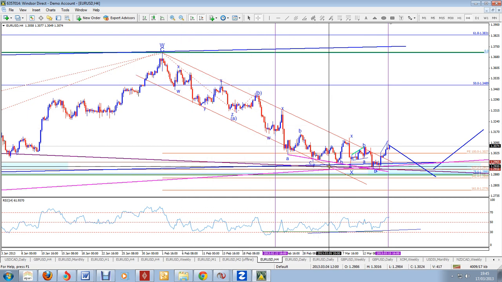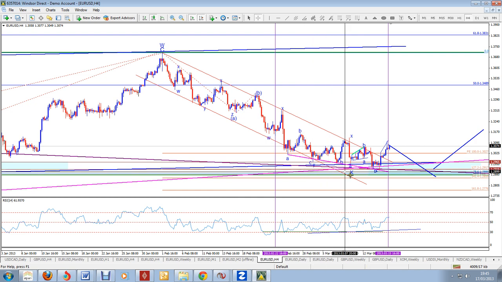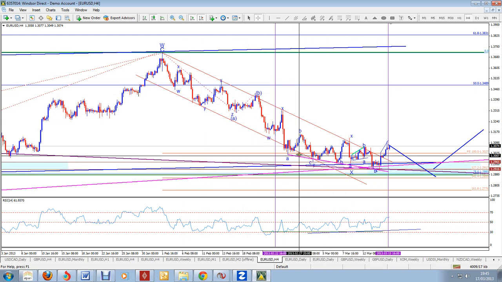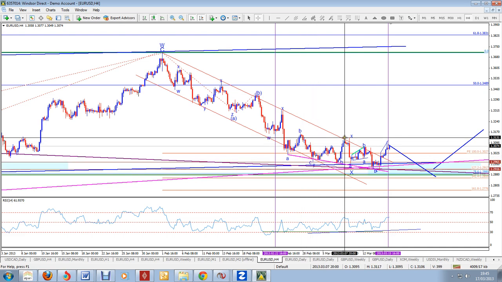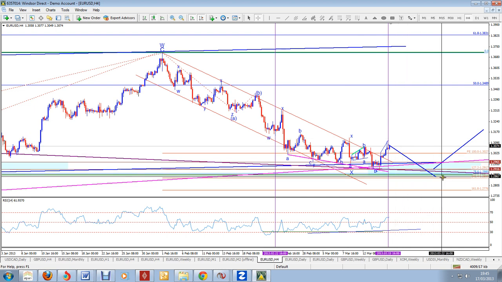decline up to here, and then subsequently we've got some kind of sideways correction. So instead of these being W, X, Y and things like that, we've had A, B, C up here. Then we got this sideways retracement as an A, B and C, and now we've got our next leg down